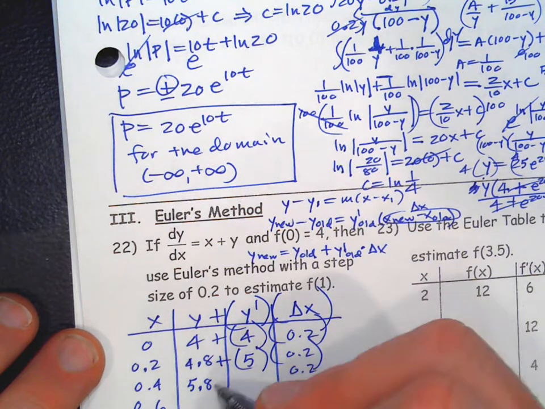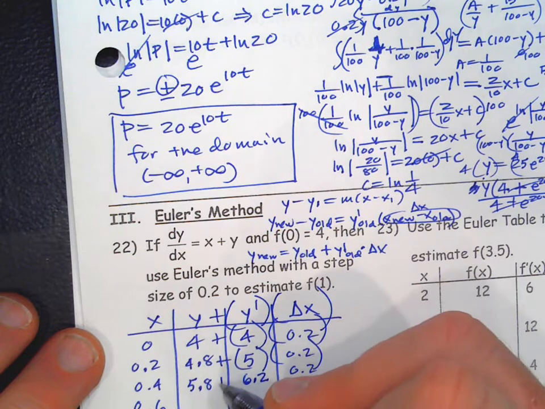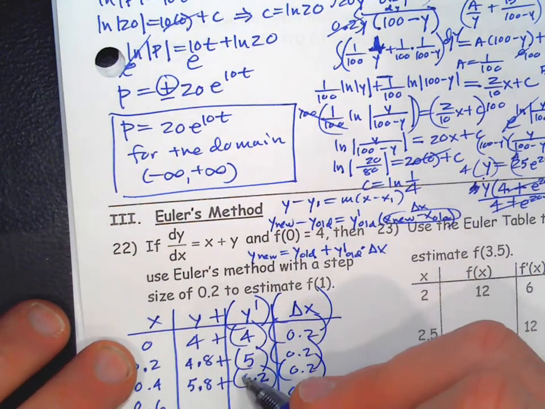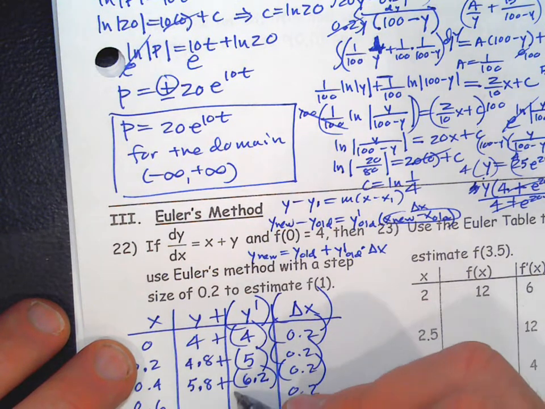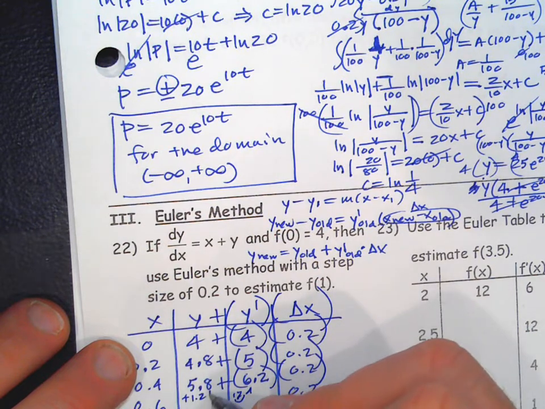And then we add these together to get the next derivative, 6.2. It's going to be this plus this times this. So this is going to be 12.4, but then you got to move the decimal over 1. So it's going to be 1.24 plus 1.24. So it's going to be